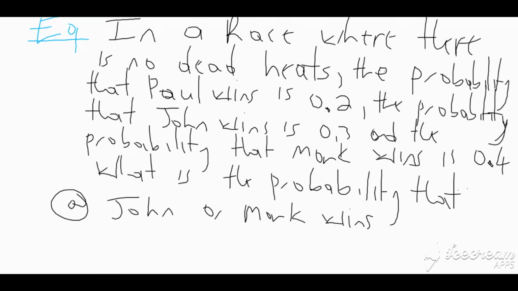Now, it is imperative that we identify some critical terms in this question, such as there's no dead heat. What does that mean? It means that we know that in a race you can have two persons tying for first, second, or so on. But when you say that there's no dead heat, it means that there's no two persons who are going to come first.